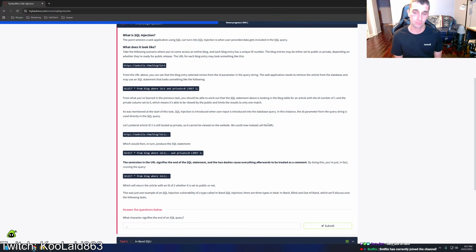In this instance, the ID parameter from the query string is used directly in the SQL query. Let's pretend article ID 2 is still locked as private, so it cannot be viewed on the website. We could now instead call the URL HTTP URL, which would then, in turn, produce